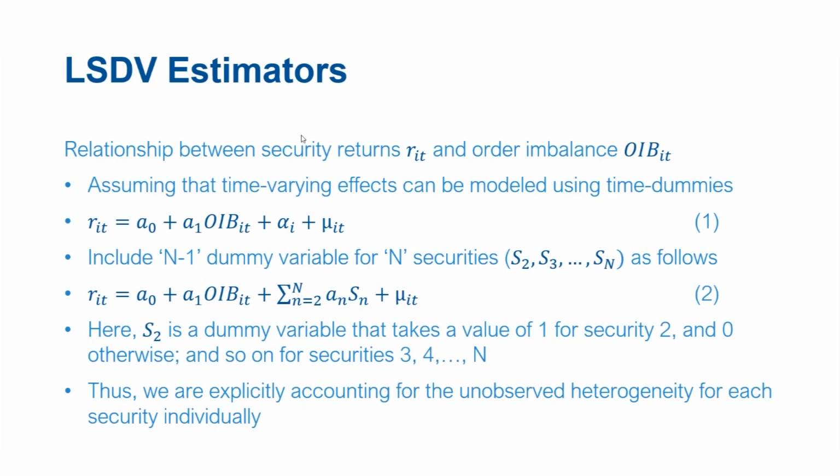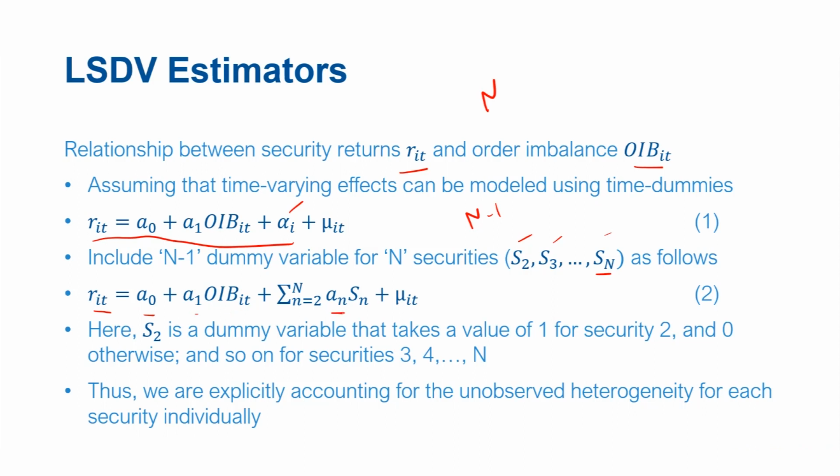Recall our earlier example of return being regressed on order imbalance with a formal model like this, where alpha I is the unobserved heterogeneity which we did not account for specifically in the model. Now, as per the dummy approach, let's say there are n securities, S1, S2, S3 and up till Sn. So we can use n minus 1 dummy variables like S2, S3 and so on up till Sn. And the resulting model will appear like this: R it equal to alpha naught plus alpha 1 into OIB it and so on, summation